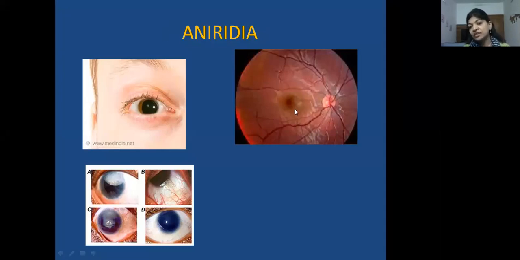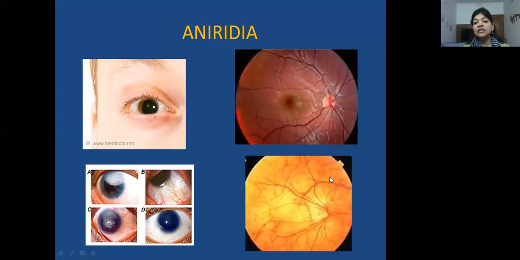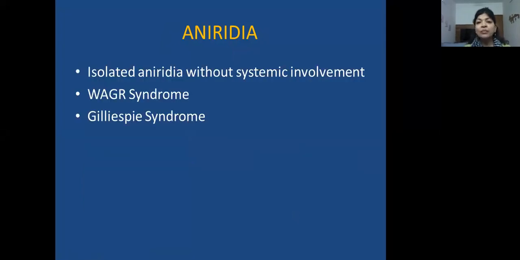This is your optic nerve, and this is your macula. Whereas babies with aniridia will have macular hypoplasia. That is, the macula, which is the part of the retina most important for vision, does not develop in these kids. And that's one of the reasons why babies with aniridia would have profound loss of vision. One important thing you should know about aniridia is that when you have a sporadic form, which doesn't have an autosomal dominant pattern, those kids can sometimes have Wilms tumor associated with it. So you screen those babies for Wilms tumor.